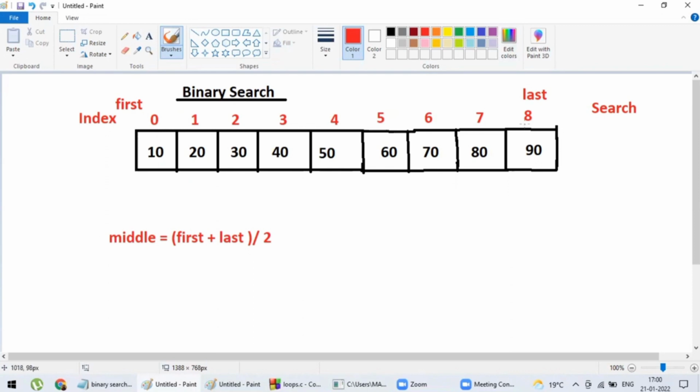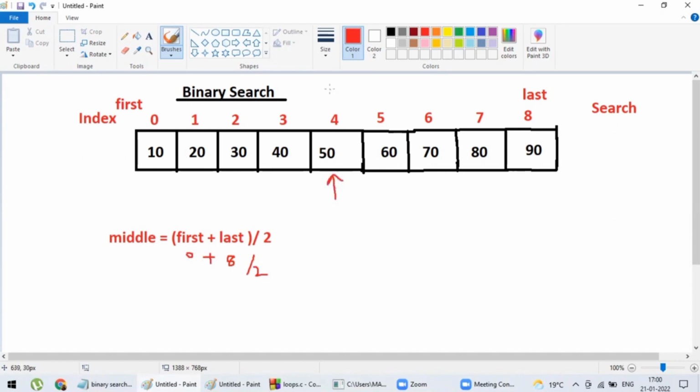Now, second thing is you have to find out the middle element. Okay, how to find out the middle? Equal to, this is the formula: first plus last divided by 2. In my case, it is 0 plus 8 divided by 2, that is, middle value is 4. Okay, so this is my middle element.